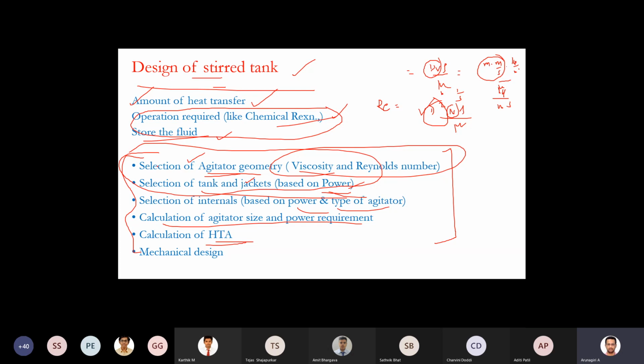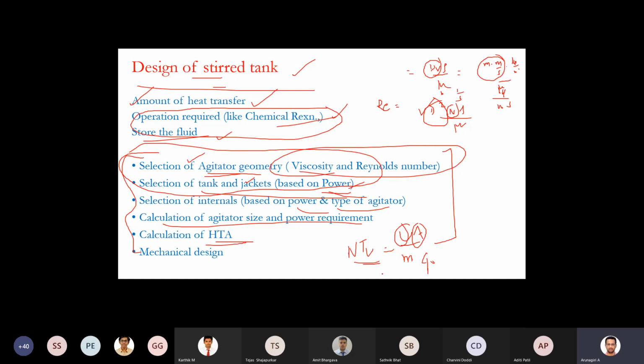Once you decide the geometry, you can calculate the heat transfer coefficient. The other side heat transfer coefficient, the tank side, you can also calculate. Then all the resistances have to be calculated, and you can calculate the overall heat transfer coefficient U. Once you know U, you can use the Kern method, or you can go for the NTU epsilon method also. NTU is normally calculated using the equation NTU is equal to UA by m Cp.